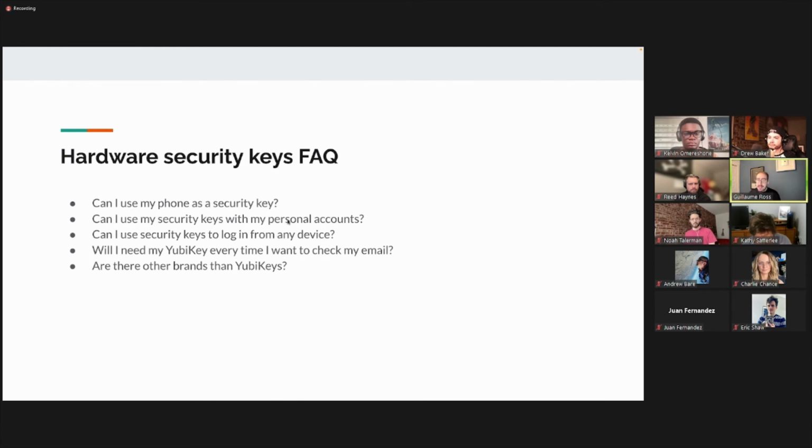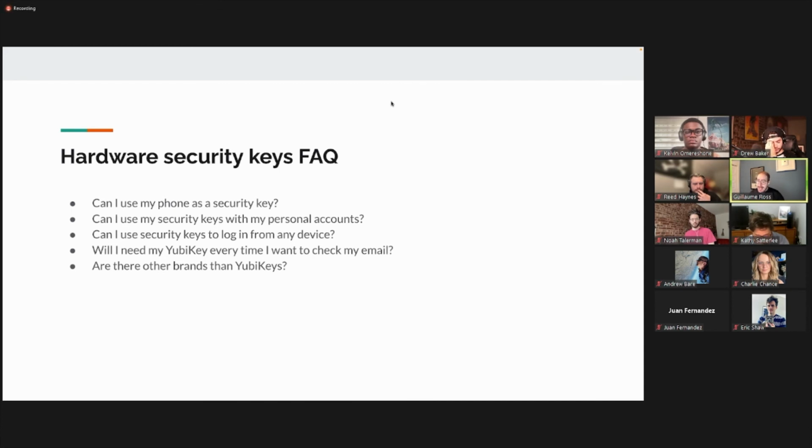Can I use my security keys with personal accounts, right? So if you have a company provided security key, it's yours. Well, we will never ask for it back, right? So feel free to use it everywhere, including like your personal Facebook accounts, your GitHub account, which is yours, or anything else. We're not going to ask for them back. The reason for that is, they're not worth that much money, there's no need for us to get them back at any time. But also, the safer your personal accounts are, the safer we are as a company,